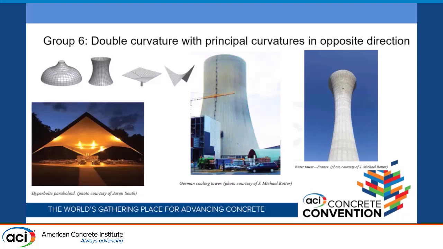And then, so this is our double curvature with curvature in the opposite direction. So we've got a water tower, a cooling tower, and a hyperbolic paraboloid. And so they're anticlastic shells, so they curve in one direction and then opposite in the other way. And the cool thing about the hypars as well is that they're straight lines. Okay, it's a straight line, and it stays straight as it curves across, and that creates the double curved surface. And so that they're really a cool thing that they figured out how